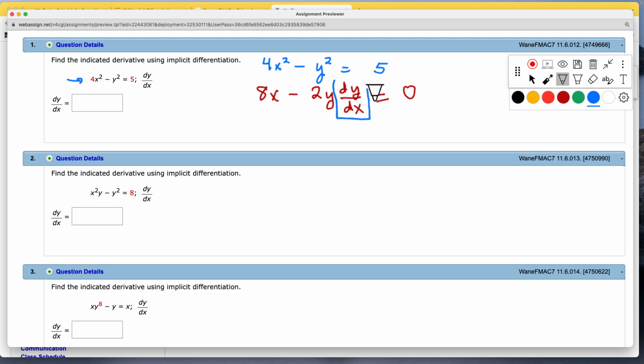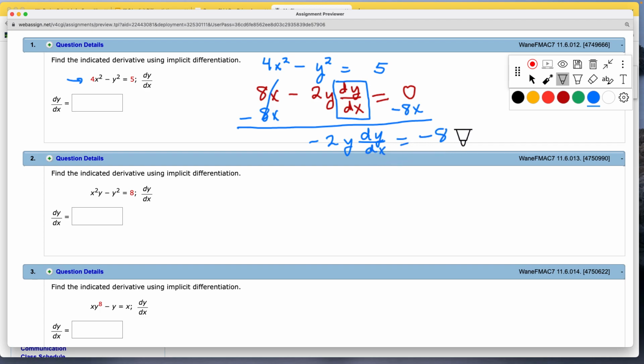So we want to isolate dy dx. So again, let's get rid of this 8x. Let's get it to the other side, out of that side. That becomes 0. So we have negative 2y dy dx